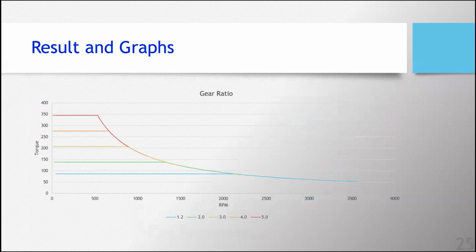And for the gear ratios, I have taken a 5-speed gearbox with the optimum ratios which can be used, and I have achieved the results with these ratios. We can see there is a straight line for every gear, unlike the normal gear ratio graphs which show a peak bell shape due to the efficiency of IC engines. As this is a BLDC motor, it has a constant torque with respect to the RPM. No matter at which RPM, you get the same torque, so the graphs are mostly straight lines.